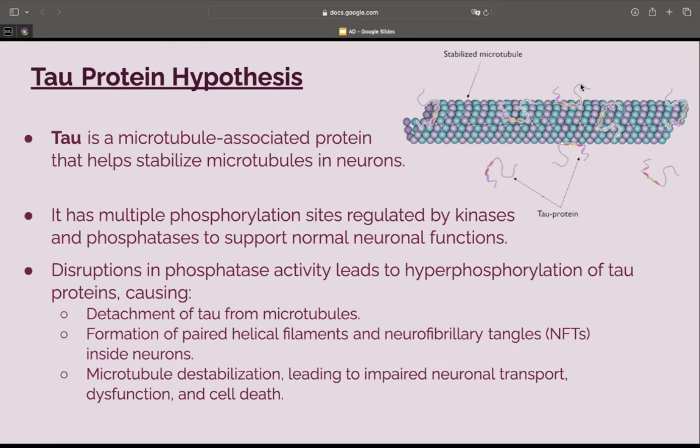Okay. Now, in Alzheimer's disease, there can be disruptions of phosphatase activity, which leads to hyperphosphorylation of tau proteins. When the tau proteins become hyperphosphorylated, first, they detach from microtubules. And when they detach from microtubules, they're floating around, they aggregate with paired helical filaments and other tau proteins, and they form neurofibrillary tangles, called NFTs for short, inside neurons. These tangles are not plaques, but they act similarly to plaques in that they act like a physical barrier and prevent normal neuronal function, stopping things from passing through, essentially a big roadblock that eventually leads to